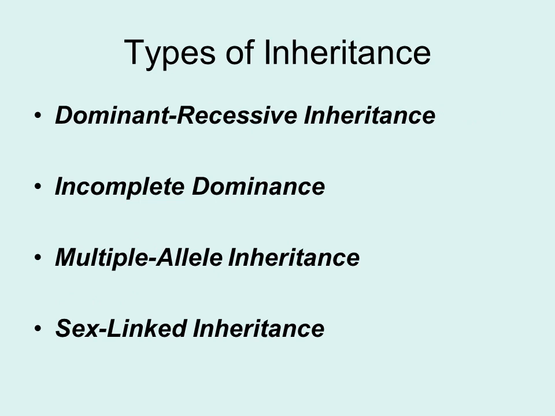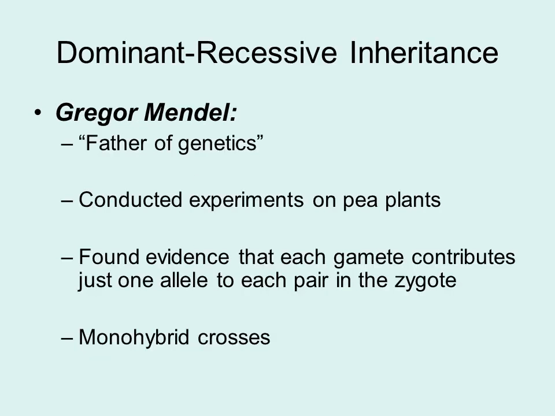There are different types of inheritance. We're going to go over these. Dominant recessive inheritance is probably the most common one and what people initially will think of when you talk about genetics, but we'll also talk about incomplete dominance, multiple allele, and also sex-linked. For the dominant recessive inheritance,